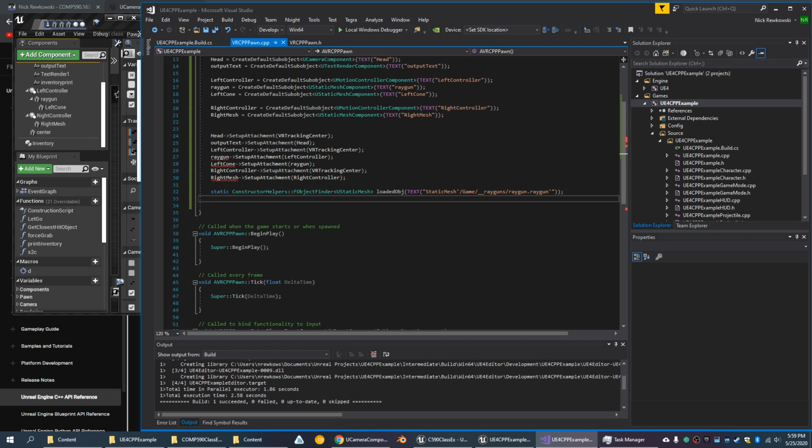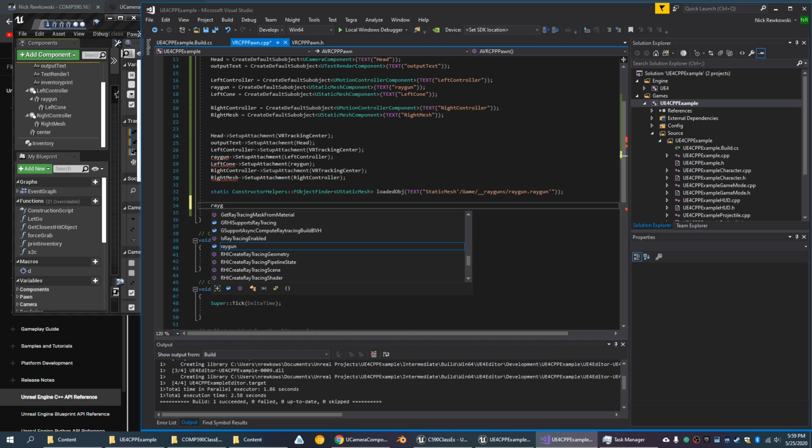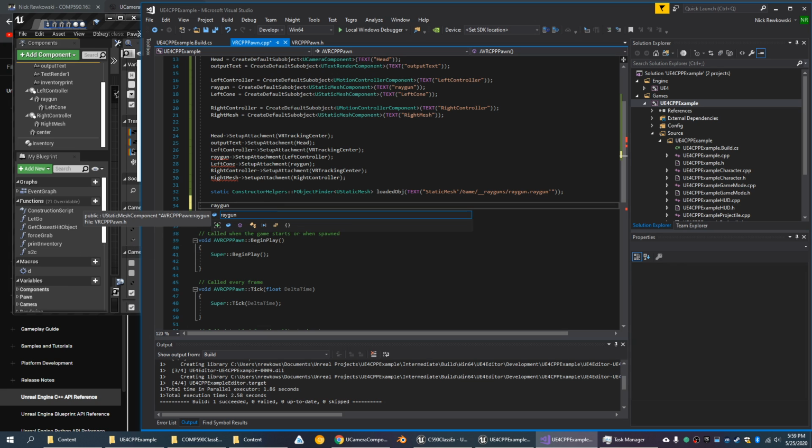But now I need to actually tell my Raygun that it needs to use that mesh. And I can do that by doing Raygun, which is of type static mesh actor. Why is autocomplete not working for me today? This